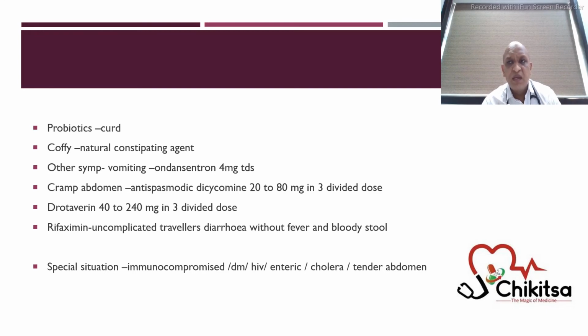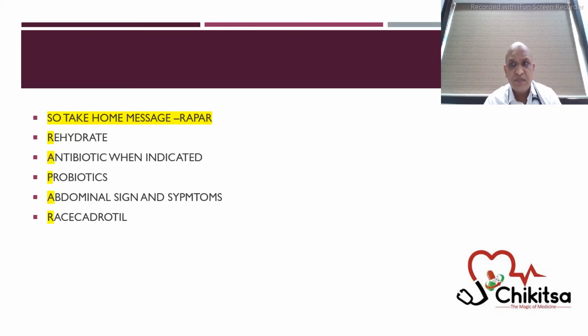When the patient is immunocompromised, HIV, or diabetic, such patients can worsen fast, so you need to be more vigilant. You can add antibiotics accordingly and can shift to IV antibiotics or indoor management, because they can worsen fast. The management differs, so you can get a test done. They may need IV antibiotics. For cholera, the antibiotics are different. You have to use doxycycline. If the abdomen is tender or the symptoms are severe, then you can get an ultrasound done to rule out colitis and other local causes.